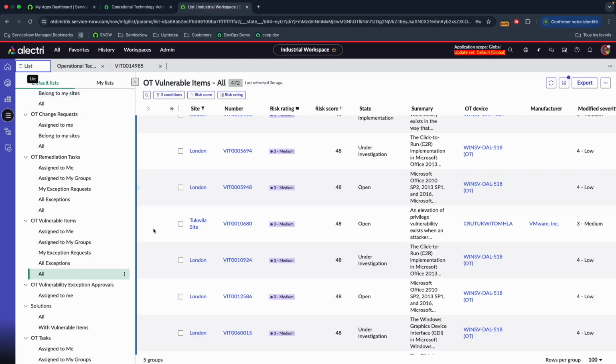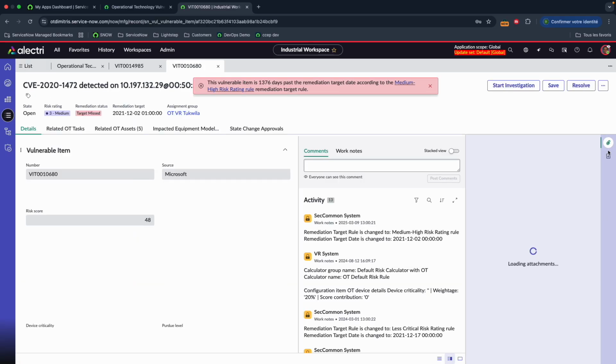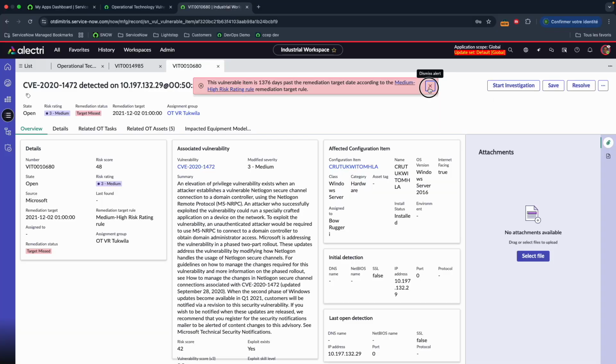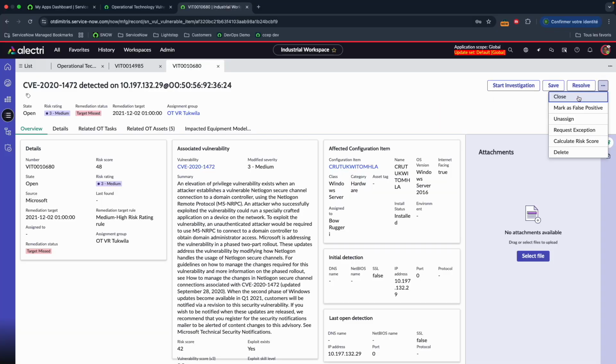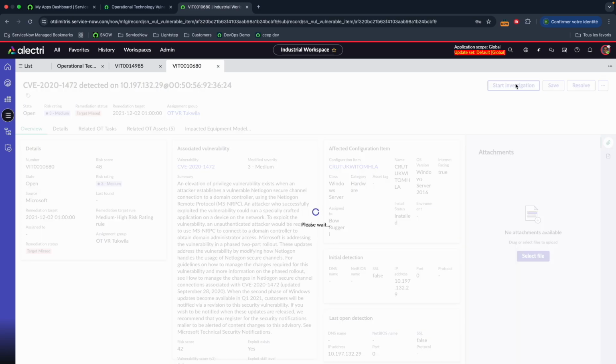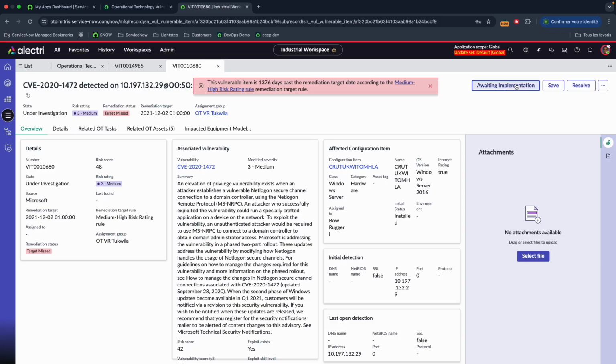What you can do also with an open vulnerable item, I will take another one, is that you can also mark it as false positive. You can recalculate the risk score if you change the rule, for example, or you can investigate it. So here your engineers will work on it, check everything.